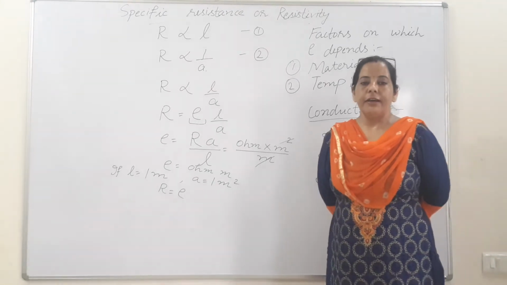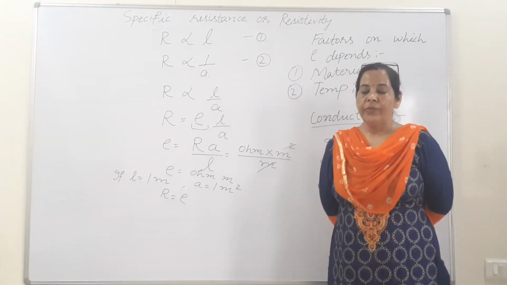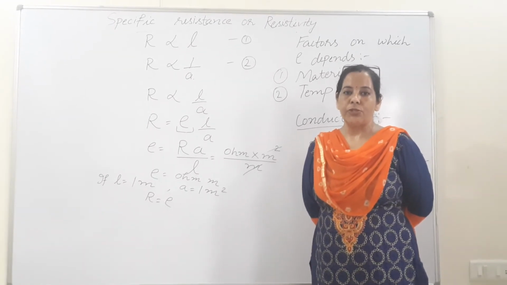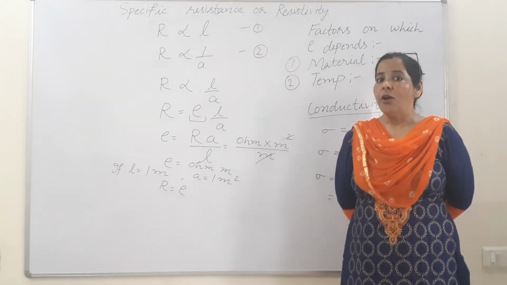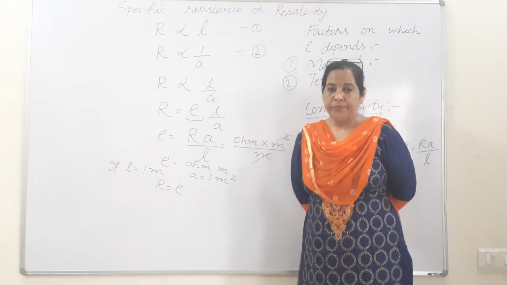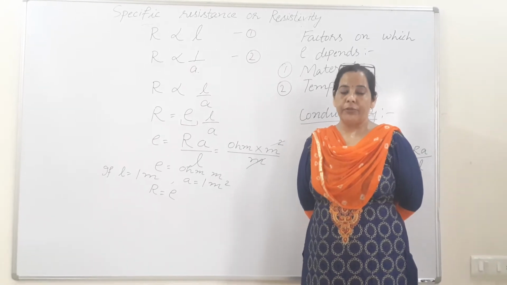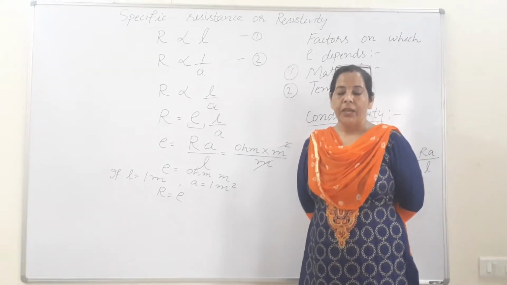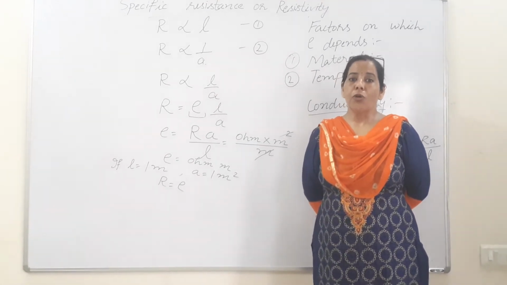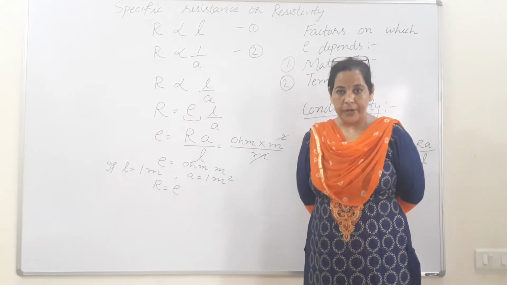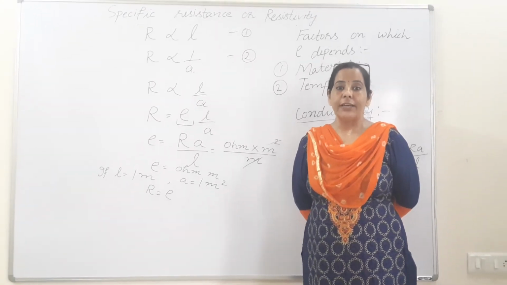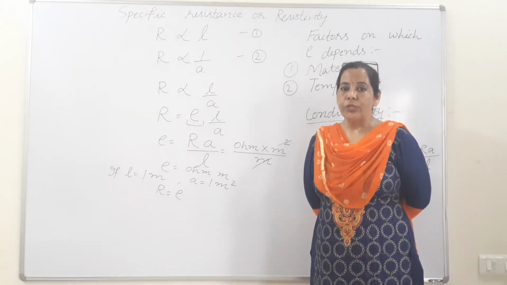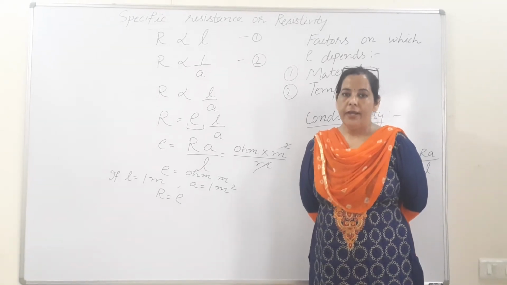The reason is that their resistance is very low, and if resistance is low, they will allow high current to pass through them, or they will not create any obstruction. Then silver, we can also say silver is a good conductor, the best conductor. Then why are we not preferring it? The reason is that copper and aluminium are cheaper, but silver is costlier. So it will increase our expenditure. To reduce it, we are preferring copper and aluminium.